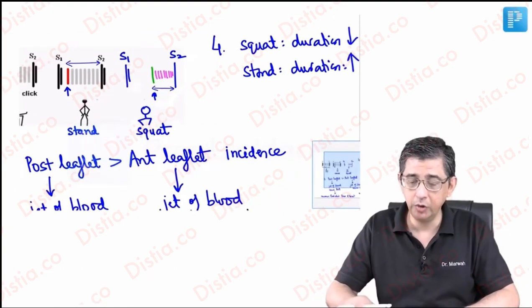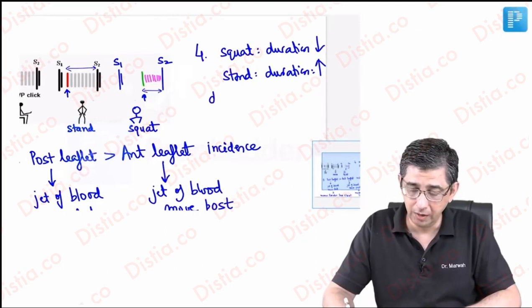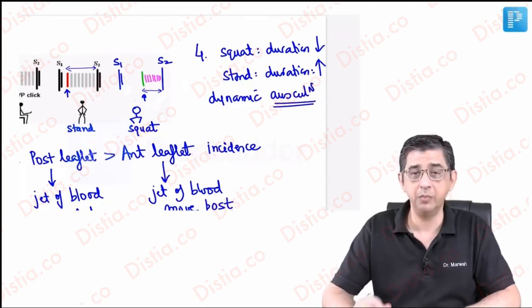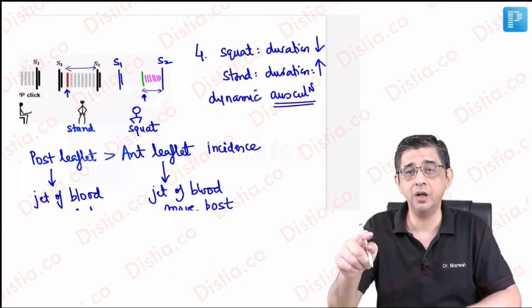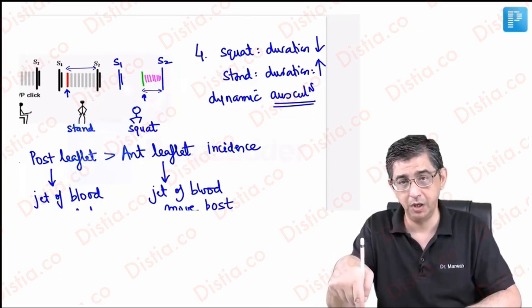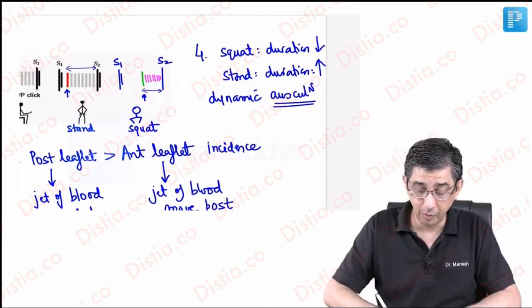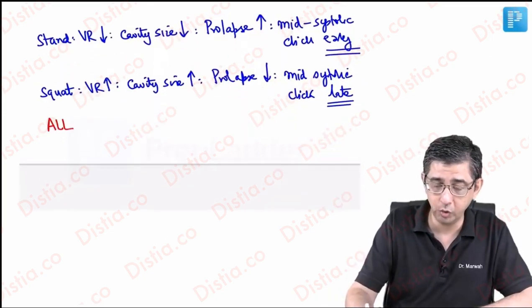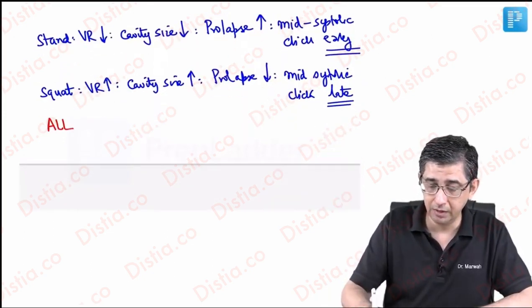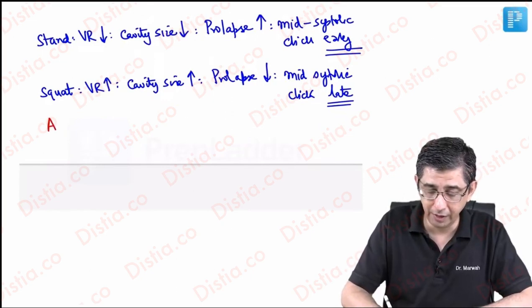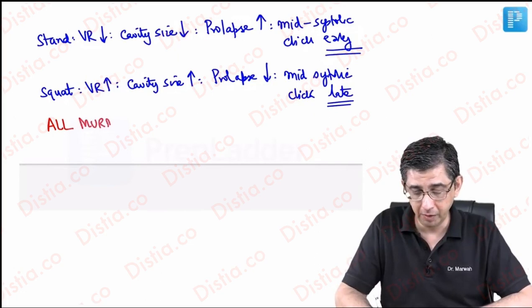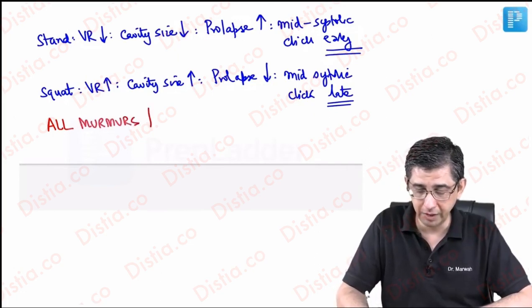Otherwise, I have already told you the hack with respect to dynamic aspects of auscultation: they always would like you to remember not only the murmur but the impact of standing and squatting on the murmur of mitral valve prolapse. In fact, because they ask about other conditions also, I'll tell you one more solution or hack to remember this. This statement that I'm currently writing, I would suggest you write it with me. The statement to be remembered, quoting Harrison: all murmurs decrease